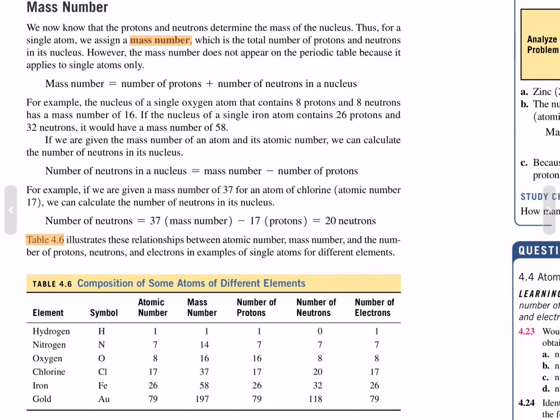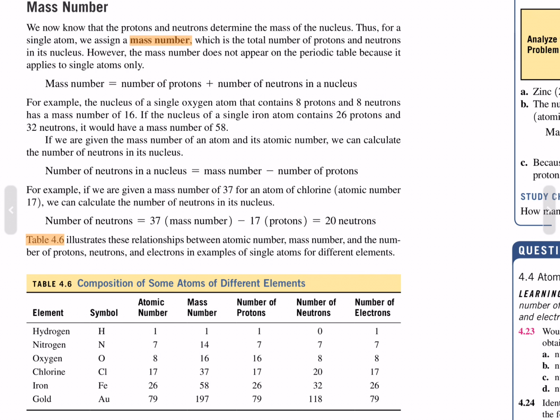Atomic number. The atomic number of an element is equal to the number of protons in every atom of that element. The atomic number is the whole number that appears above the symbol of each element in the periodic table. The atomic number is equal to the number of protons in the atom. The periodic table on the inside front cover of this text shows the elements in order of their atomic number